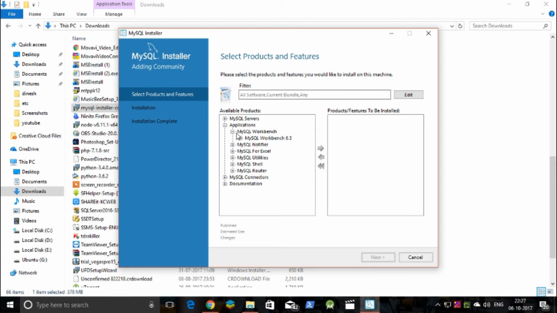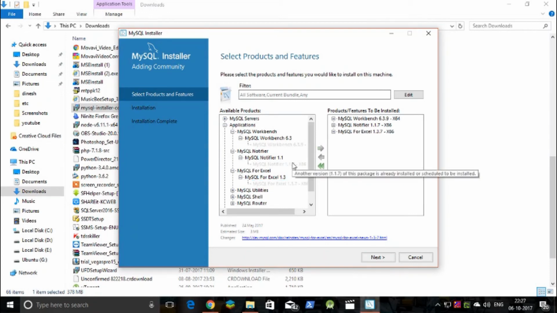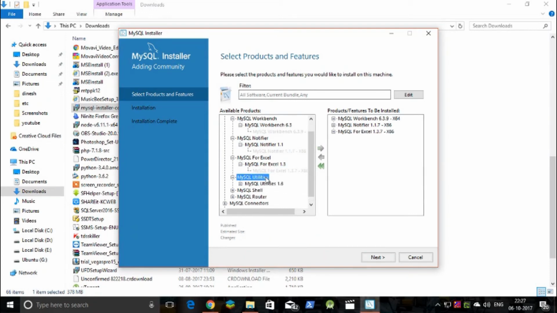So we'll be adding a workbench for executing all the queries. So we'll be adding a notifier, since if there are any changes it will be notifying us. And we'll be having an additional plugin which is called for Excel. We can import or export files in an Excel format. Again, we'll be installing some utilities,